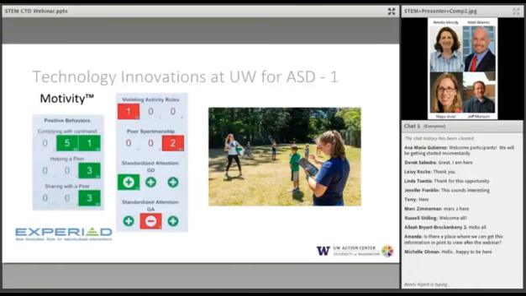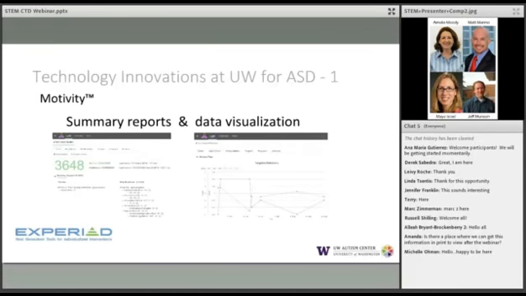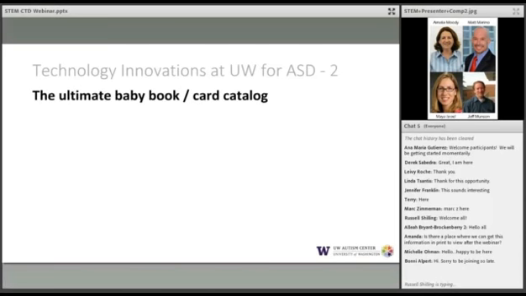Here's just a picture of it in use out on the field as kids play games. Zoom in on some of the controls. And summary reports and data visualization are just part of the package. So this freed up clinicians' time, but remember, this is information that they themselves created and had created in the past, just vastly improved in its organization and availability. The second project